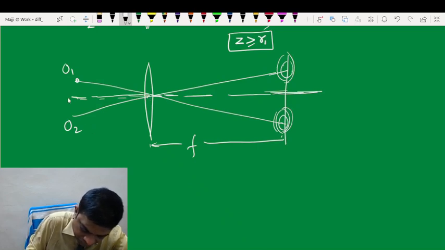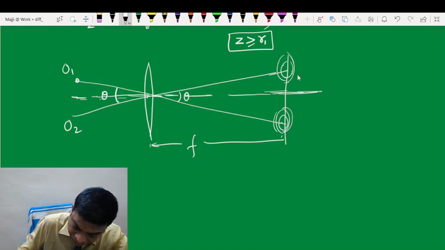So if the object subtends an angle, let us say theta, then the images will also subtend an angle theta. Then this separation, which I have taken as D, should be greater than or equal to R1. So D is how much? F theta. Okay. Because for small angles,